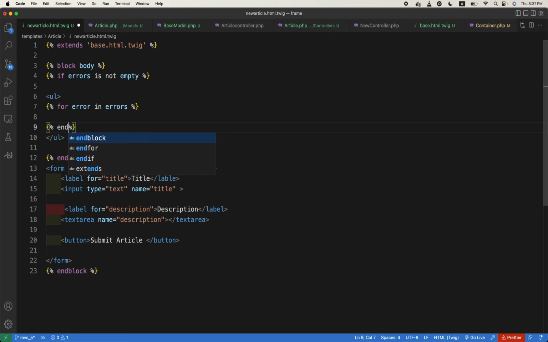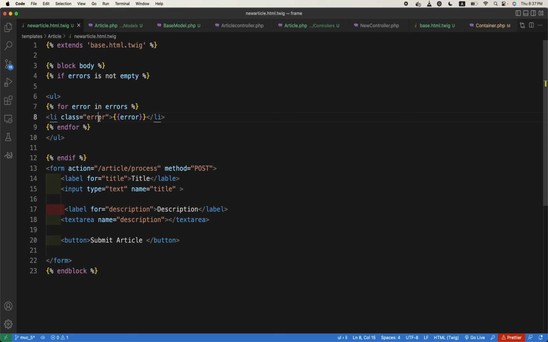This is end for. So for error in errors we will just display li and double brackets error, and here we can have a class equal to error, just class is error,